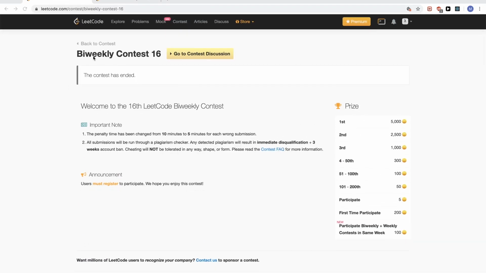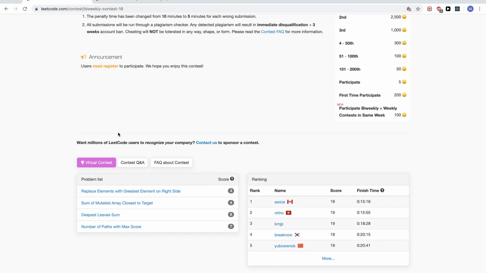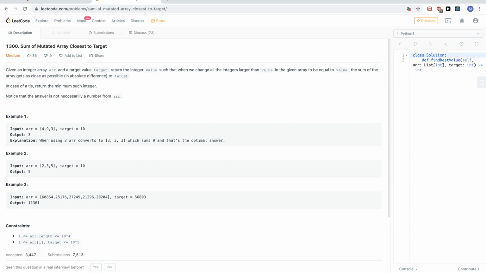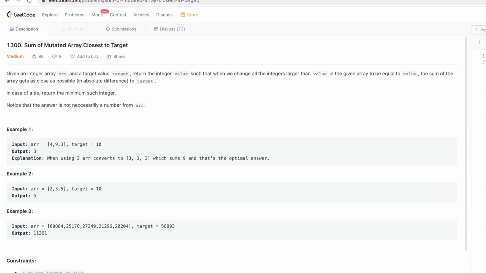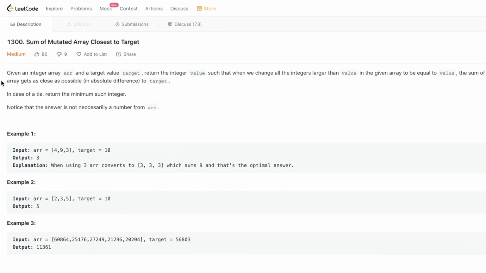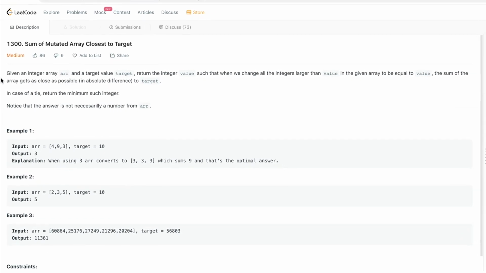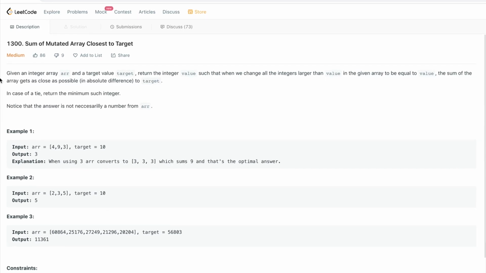Hello, so continuing on this LeetCode Biweekly Contest 16, the second problem was Sum of Mutated Array Closest to Target. It is a medium problem, number 1300. So what the problem says is that given an array and the target value, we want to return the integer